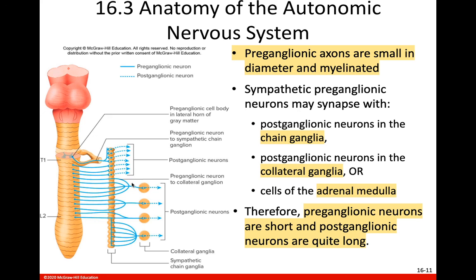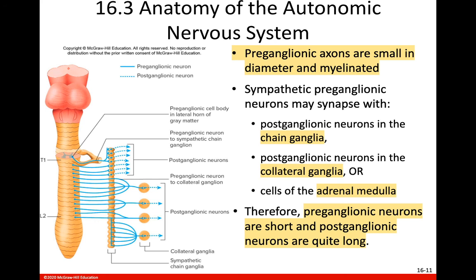Because these ganglia are right beside or right in front of the spinal cord, we see that these preganglionic neurons are really short. They're not very long at all because they don't have to be, because the ganglia are right there next to the spinal cord. And then we see the postganglionic neurons are very long because they leave those ganglia and have to go all the way to the heart or to the lungs or to the blood vessels in the skeletal muscle or to the skin or to the intestine, whatever the case may be. So this is going to be one of those big differences we'll see between the sympathetic and parasympathetic nervous